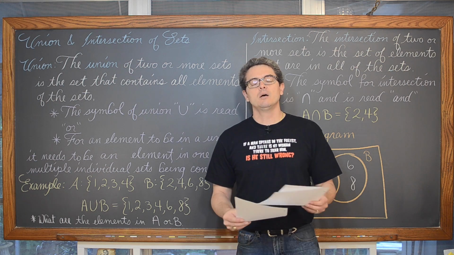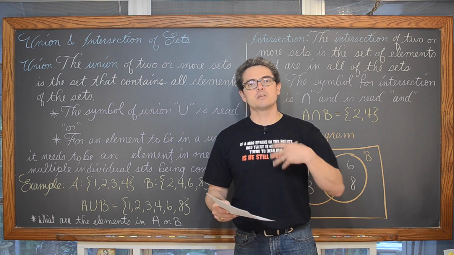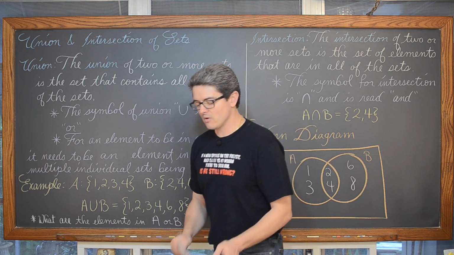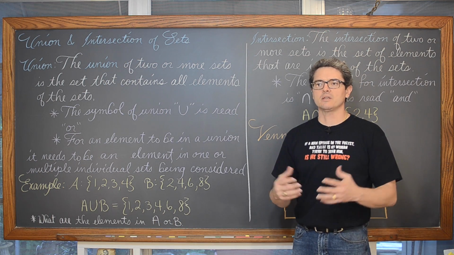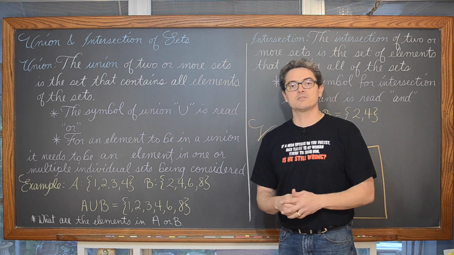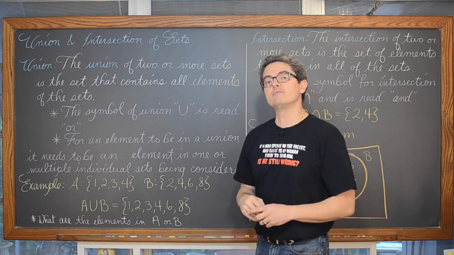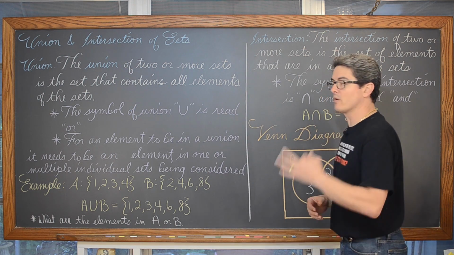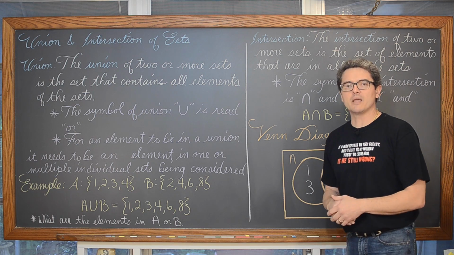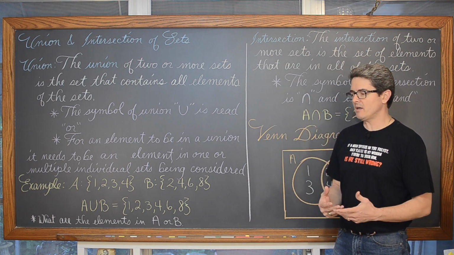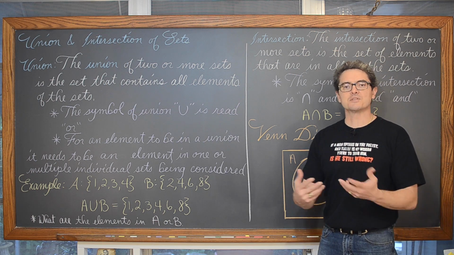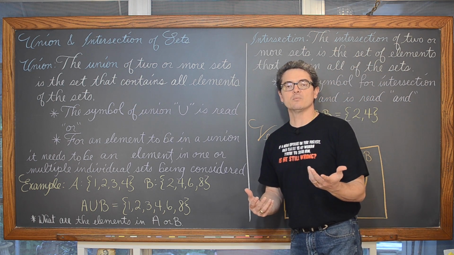We'll finish up by setting up a Venn diagram for a situation where there are three events. We're just going to basically ask a question. There's three possible answers, and make a Venn diagram that represents that situation where there are three events. It's a bit more complicated than when there's just two. And if you're in an algebra book, most of your problems will be just dealing with two events at one time.